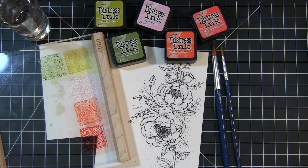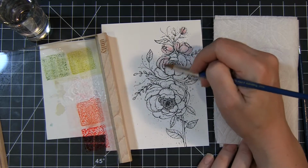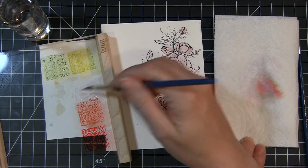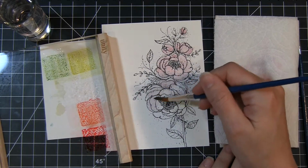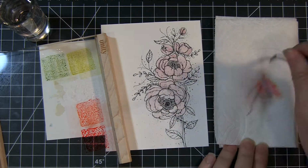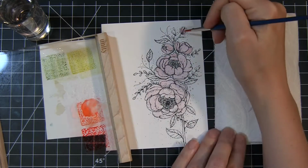I have all my supplies ready to go. My inks are stamped on an acrylic block, and I have 2 round brushes to watercolor with today. My first step is to use that larger round brush to lay down a light wash of color all over the flowers. My biggest tip and method for doing watercolors is I don't worry about covering every little inch of